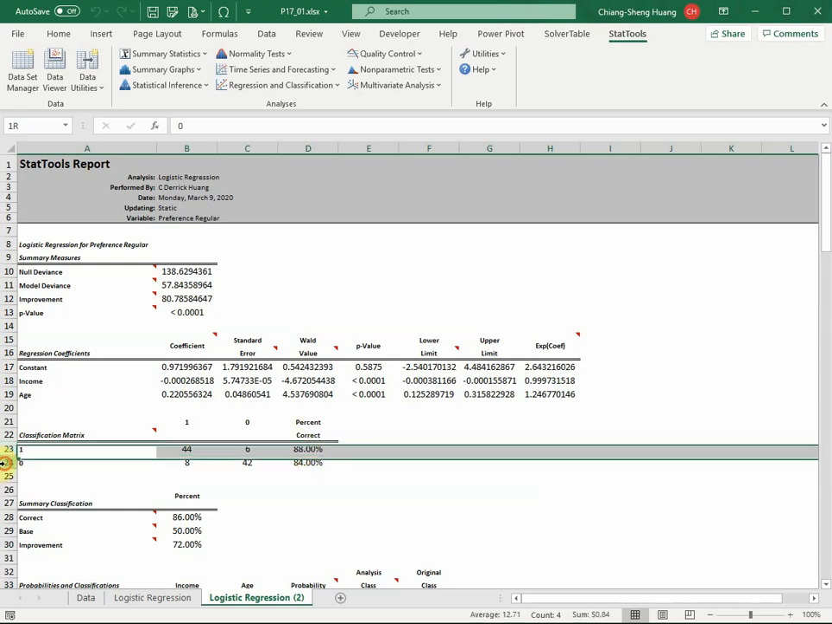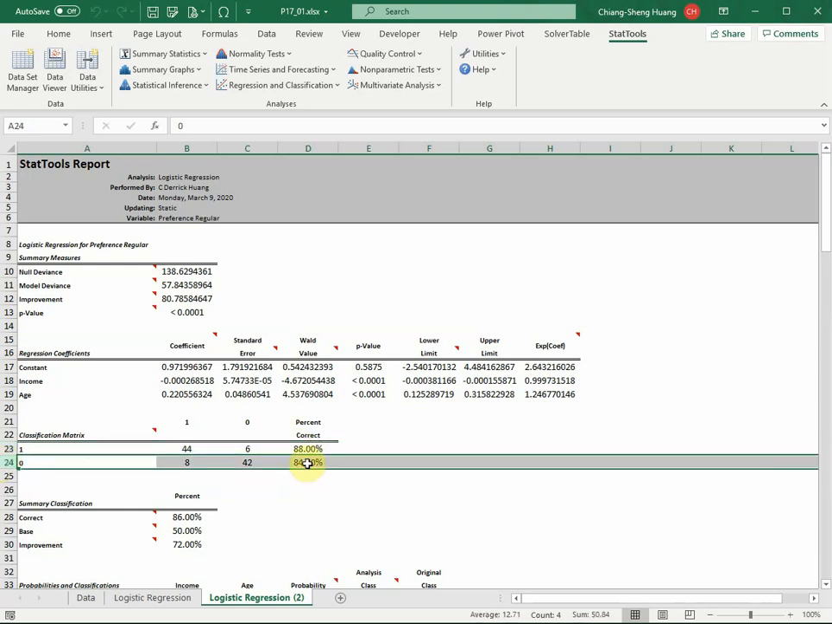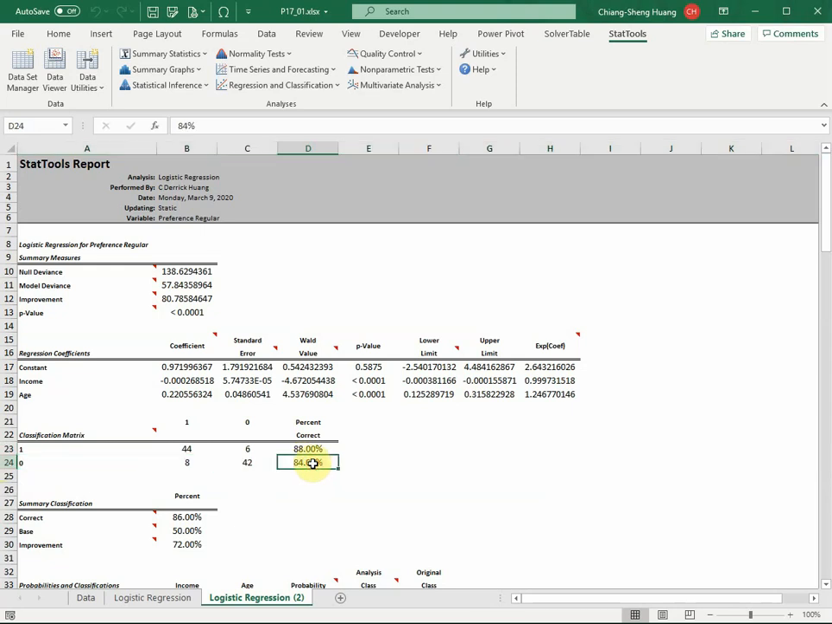For the true zeros, or for the light beer drinkers, it has now dropped from 88% to 84%, but it's really a minimal drop. So after you drop those two factors from the independent variable list, the predictive power of this logistic regression doesn't really change by much. So when you see something like this, you will want to keep the minimum number of independent variables,